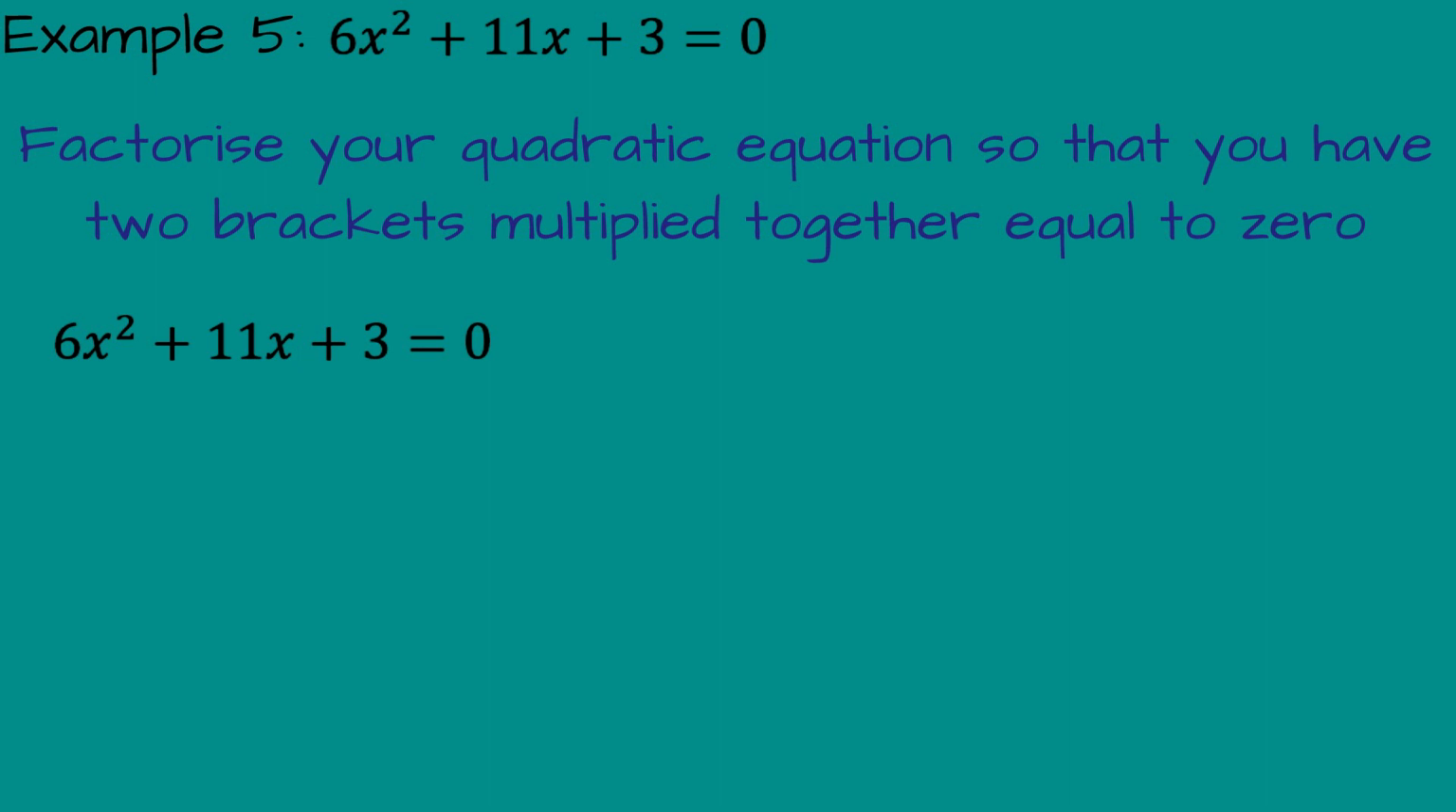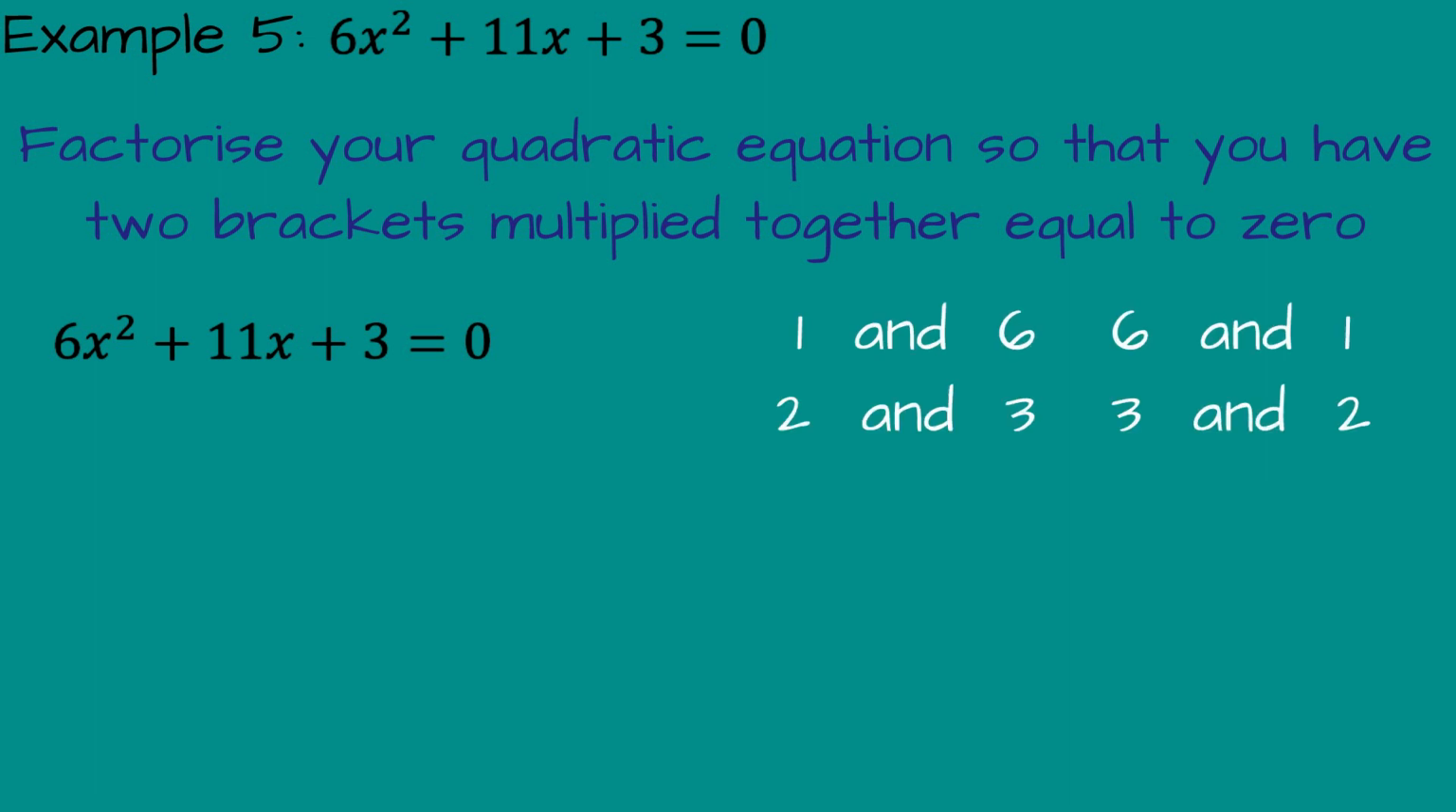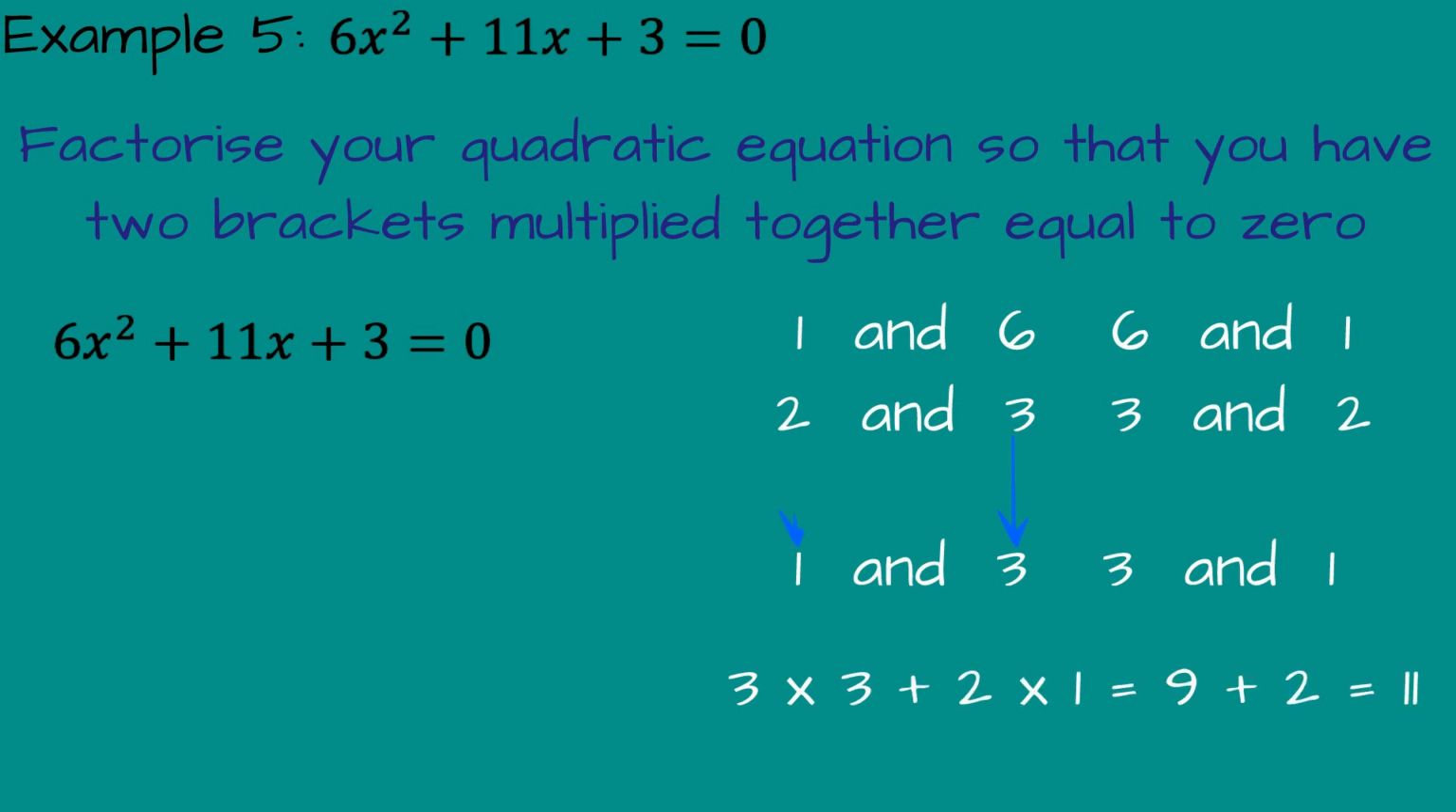to 11. Numbers that multiply together to make 6 are 1 and 6, 6 and 1, 2 and 3, and 3 and 2. Numbers that multiply together to make 3 are 1 and 3, and 3 and 1. As 3 times 3 plus 2 times 1 is 11, the equation factorizes to 3x plus 1 times 2x plus